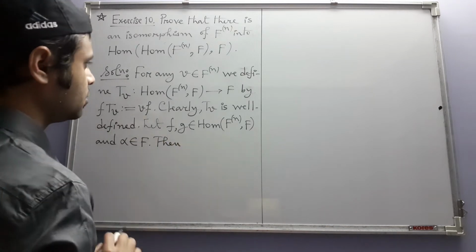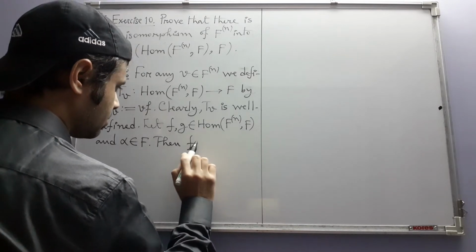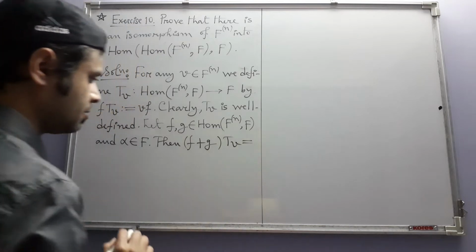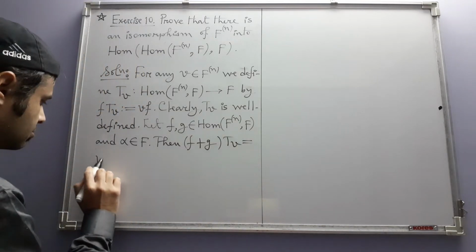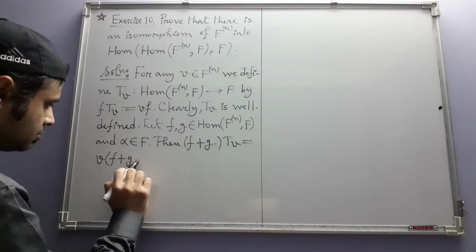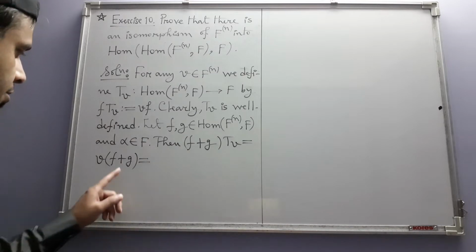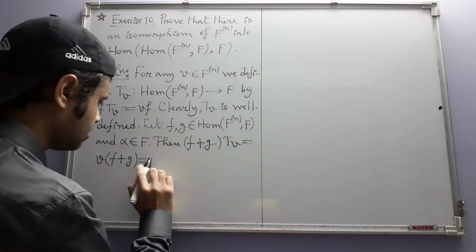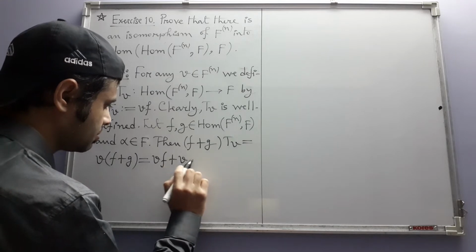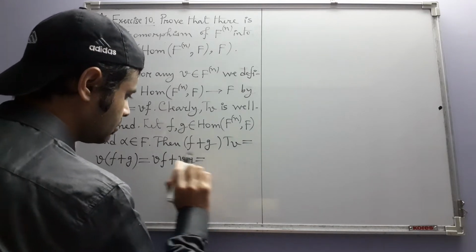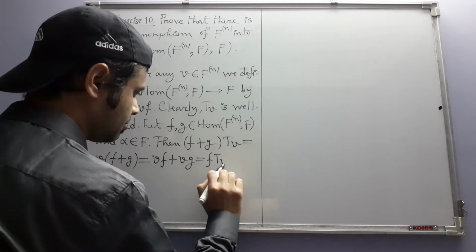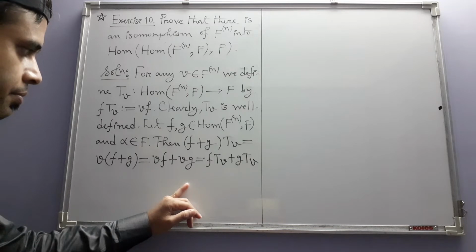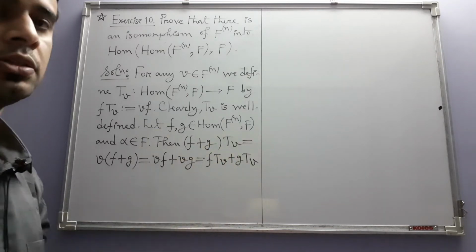Then what happens when we apply Tv to f plus g? By the definition of Tv, this is the image of v under f plus g. Now this plus is the addition that we have in this space, and by the definition of f plus g, this is nothing but vf plus vg, and this is fTv plus gTv. This tells us that Tv respects addition,